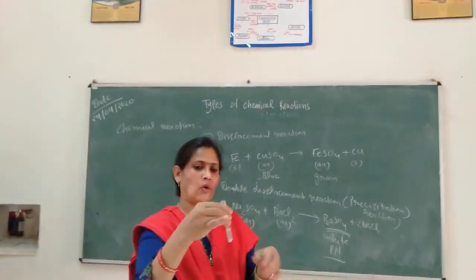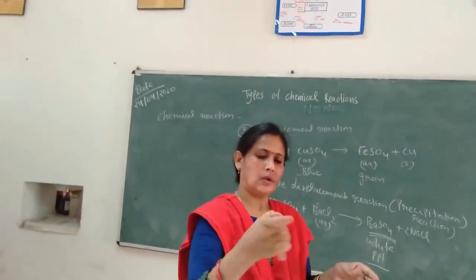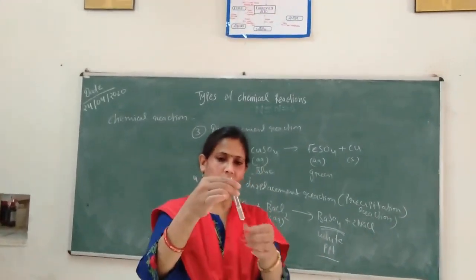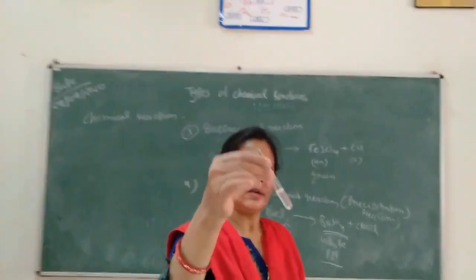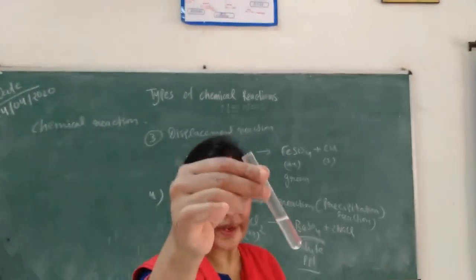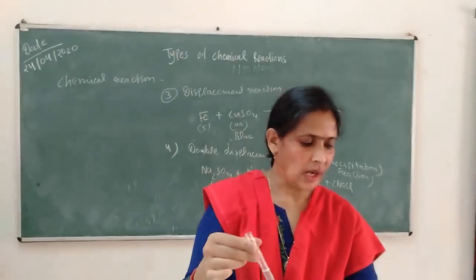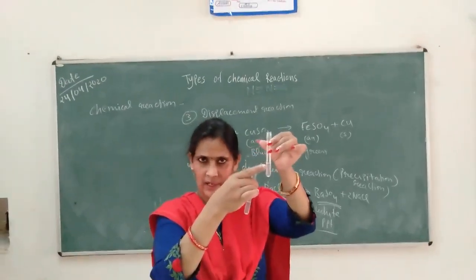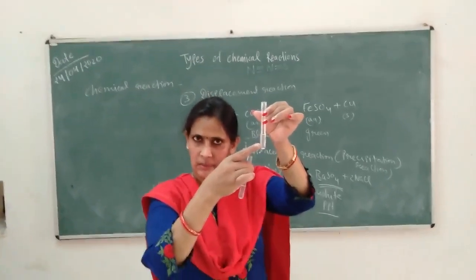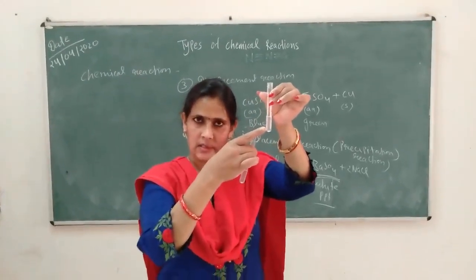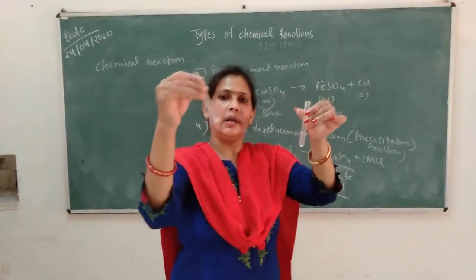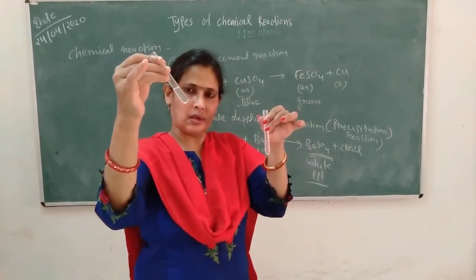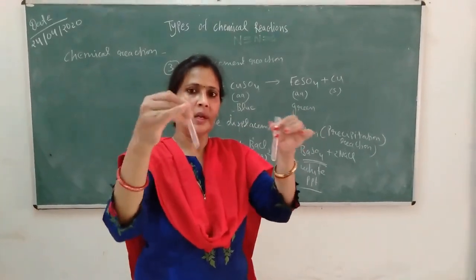And you know, this barium chloride is also water soluble, so we obtain a clear solution of barium chloride. Now we have two test tubes. Test tube A has sodium sulfate, a water soluble substance, a clear sodium sulfate solution. And another test tube has barium chloride, also a clear solution because it is water soluble.